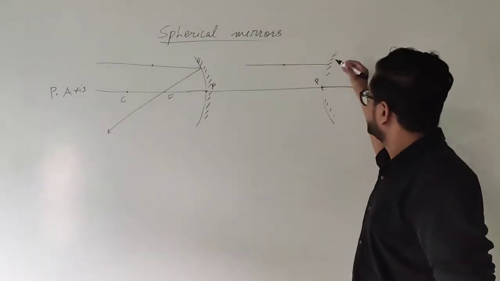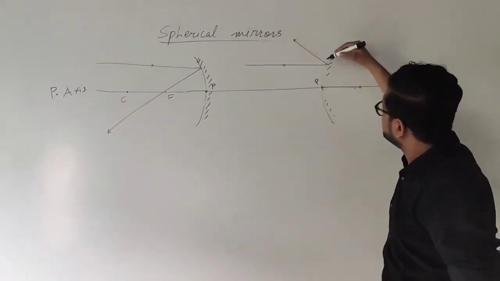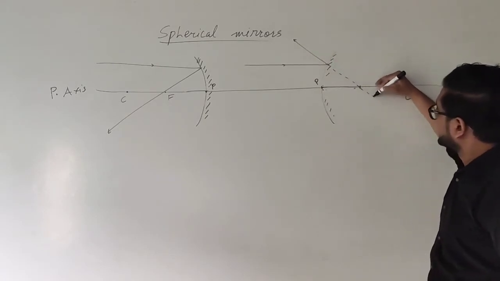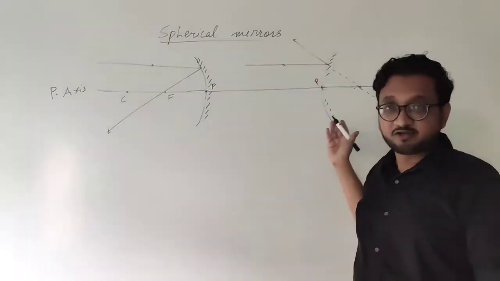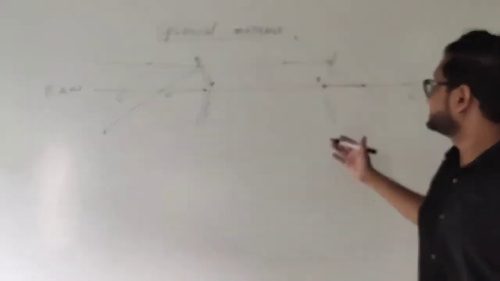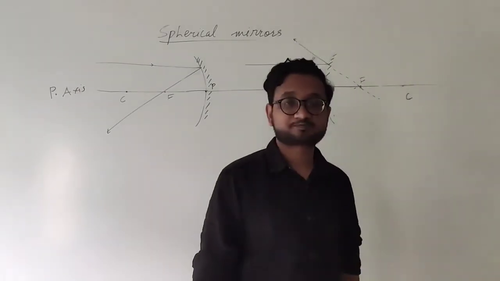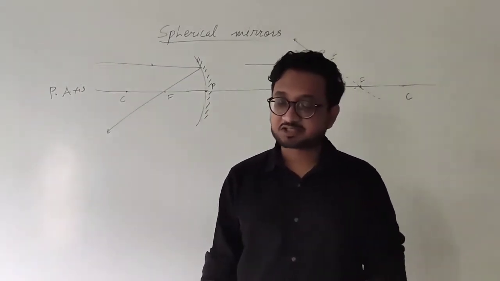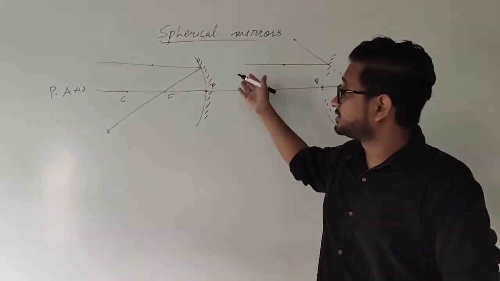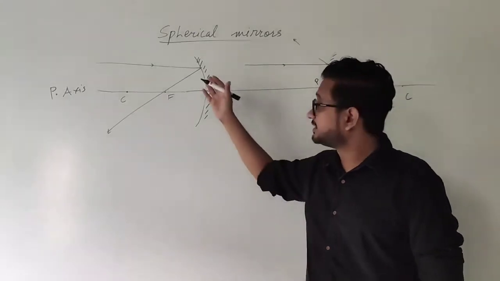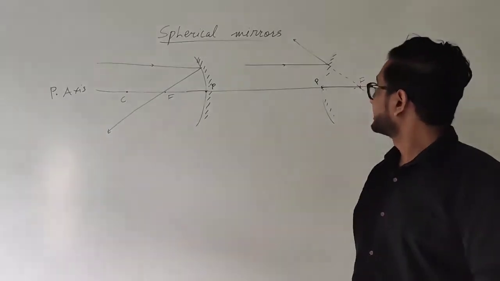In this case as well, but because this is a diverging mirror, the ray of light will diverge like this, and when we take an assumption, or when we assume the ray of light, when we trace its path where it was going, then we can see that once again it will pass through principal focus from this point. I hope it is clear to you, students. So when the ray of light is parallel, incident to the spherical mirrors, it will always pass through focus point. I hope that is clear to you, students.